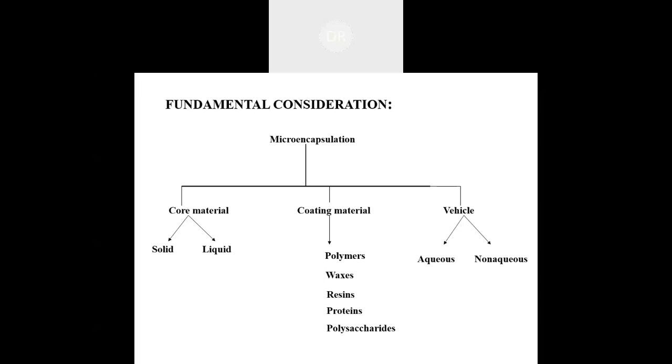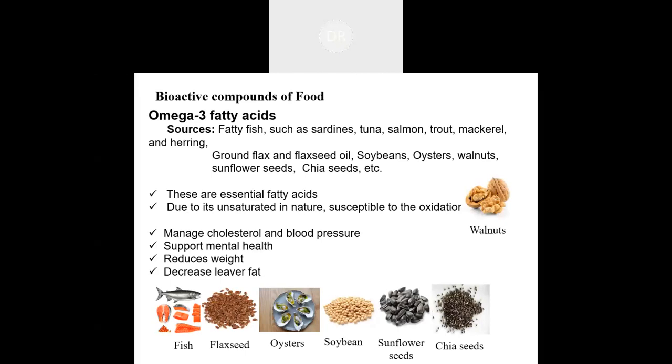Coating materials cover the core material, like polymers, waxes, resins, proteins, and polysaccharides. Vehicles are generally aqueous, or non-aqueous like ethers, petroleum, and alcohol. Next, please. Now we will see some of the phytochemicals